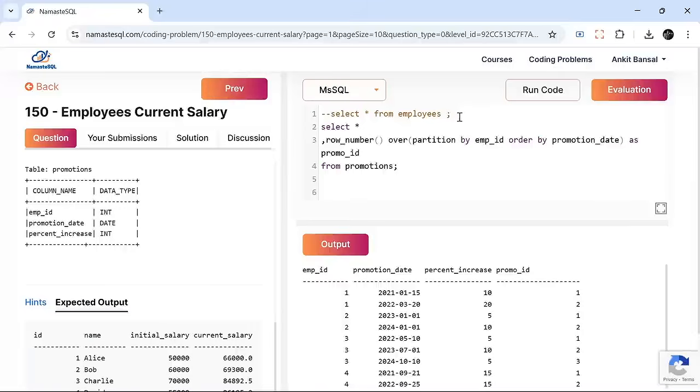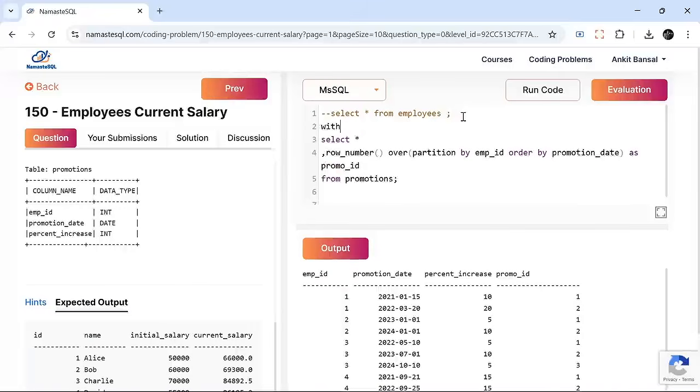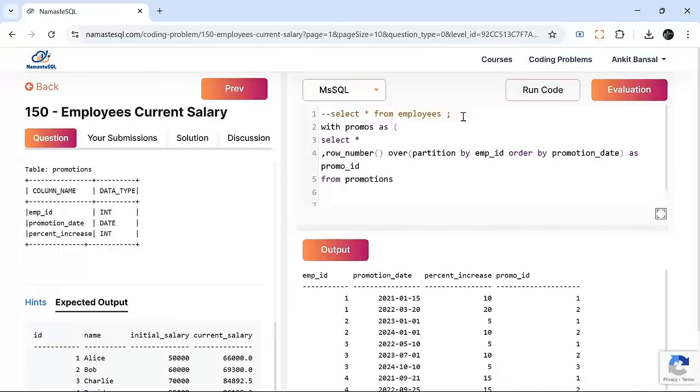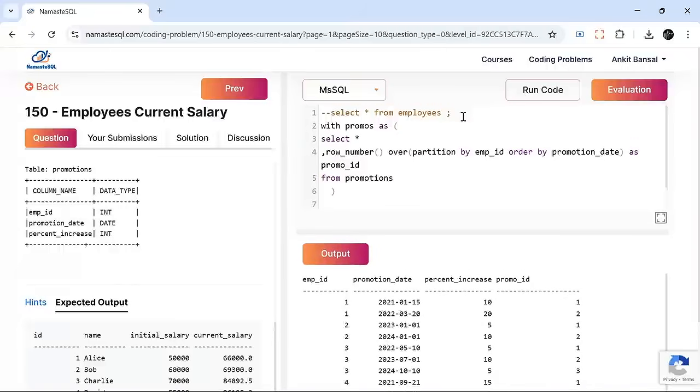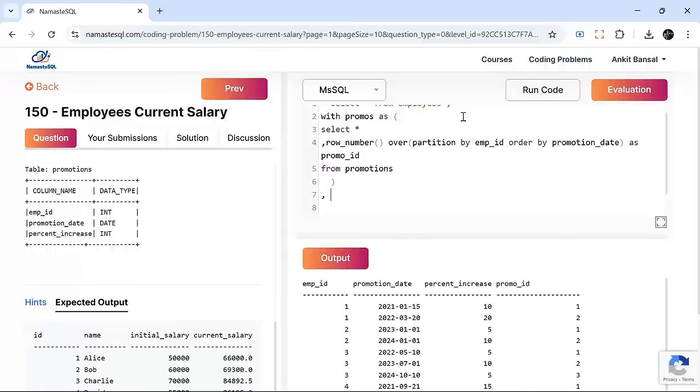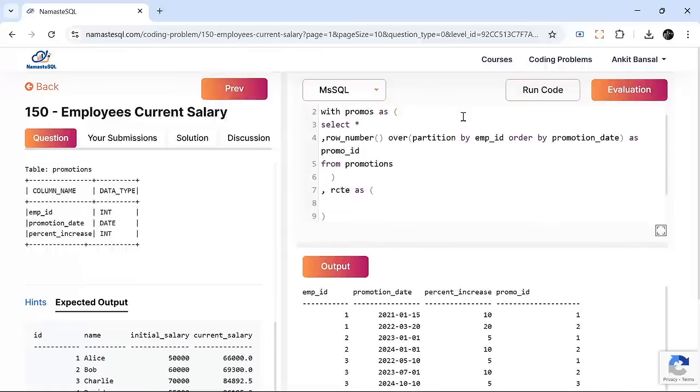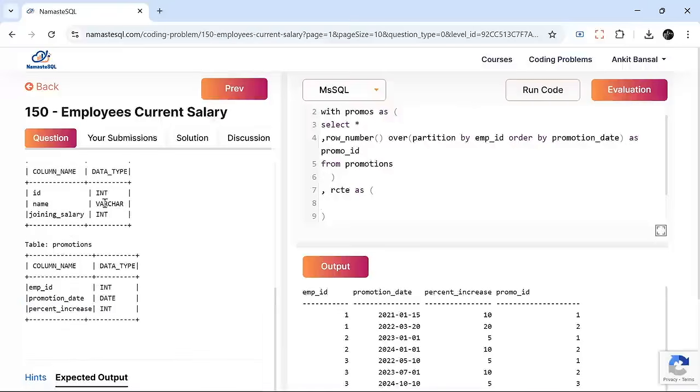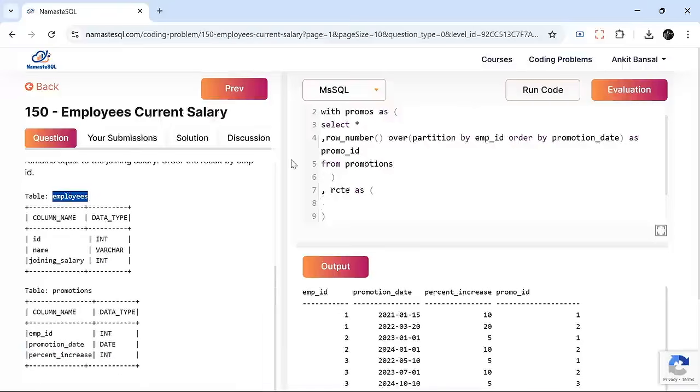Great. What we will do, we will say with promos as this. We'll create a CTE and the name is promos. Perfect. Now we will start our recursive CTE. We will say RCT as, you can give any name. I'm just saying RCT means recursive CTE, and the anchor element will be the employees table. Right. So I'll say select